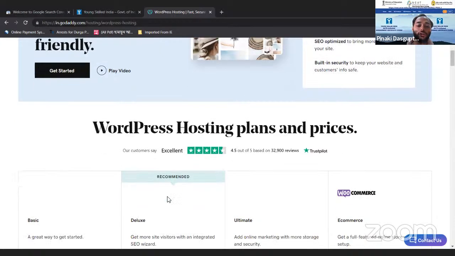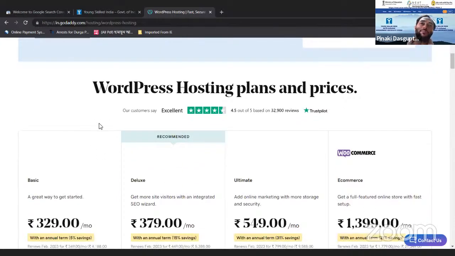And once you purchase a hosting plan, you will get another platform, what we call cPanel. Every website has a cPanel, from where you can access all the files you have uploaded, be it content, an image, or a JavaScript file. Whatever you have in the website, you can access from the cPanel only.